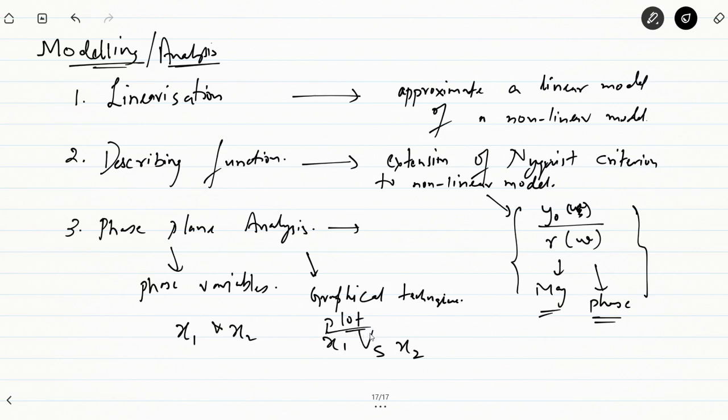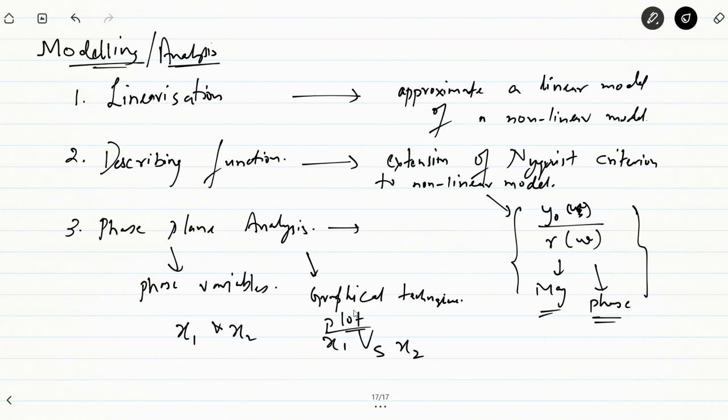seeing whether our system is stable, whether our system is unstable, whether it is exhibiting limit cycle behavior or not, what type of phase portrait it will be displaying. There are a number of phase portraits that we'll be studying, and what type of phase trajectories they will be exhibiting, we have to study all of that. And from that we can find out certain points in the system. They are known as saddles, nodes, etc. Those saddle nodes give us information about equilibrium points, and